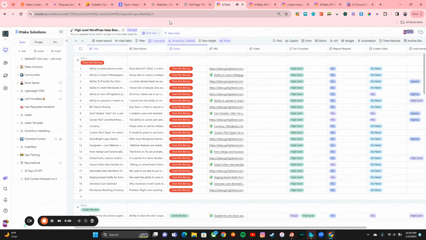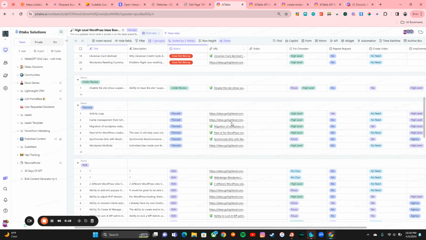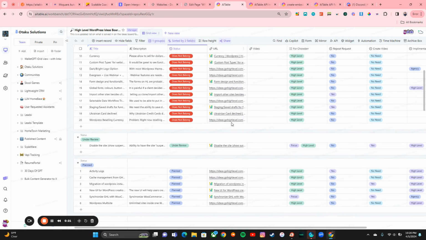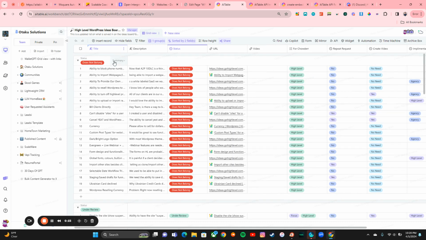My name is Tyler Miller, and today I wanted to show AI table users how to create an embed link with Postman. And if you don't know what an embed link is, that is totally fine. If you're using AI table and you want to display or share one of your data sheets or your dashboards,